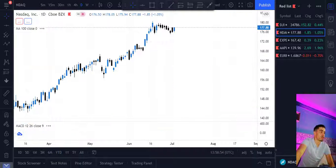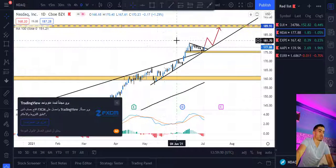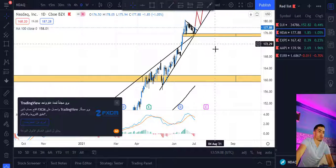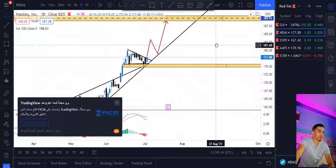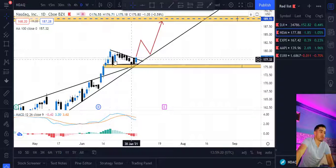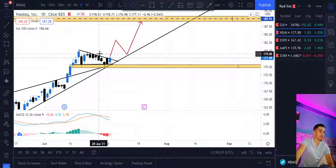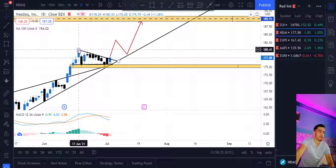On the NASDAQ, we can see that we are in a bullish slanting trend, very clean bullish movement. In this area at $177, we kind of formed a descending triangle as we see here. The price started to decrease, with a decrease in volume of buyers. But once the price came from this high at $180 toward